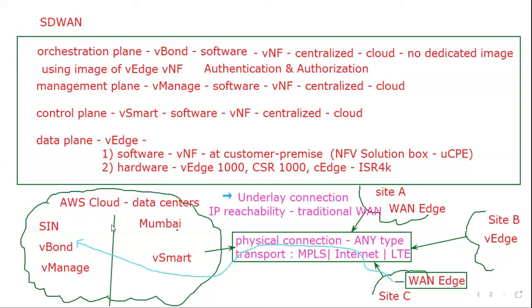I have one question. Before connection with vManage or vBond, which images will we be using? It will be running anywhere, right? It'll be using the vEdge VNF image, and it'll be hosted centrally on a cloud. Orchestration is a service, so it is running over some images, right? That image is the vEdge image.